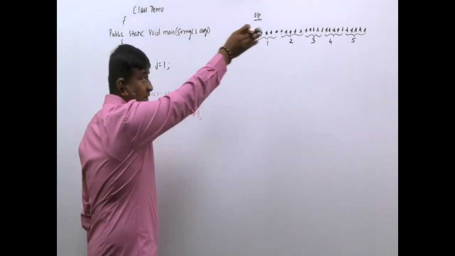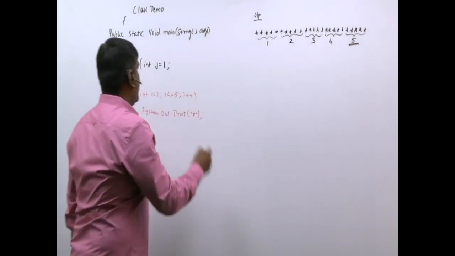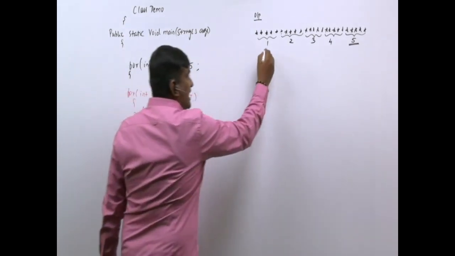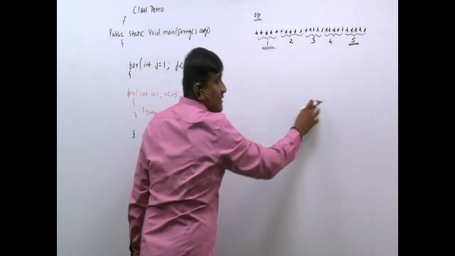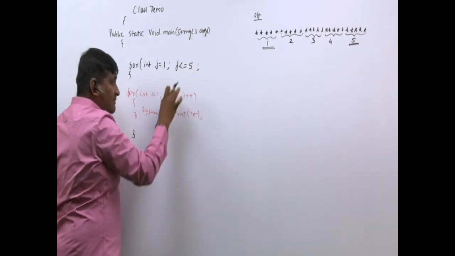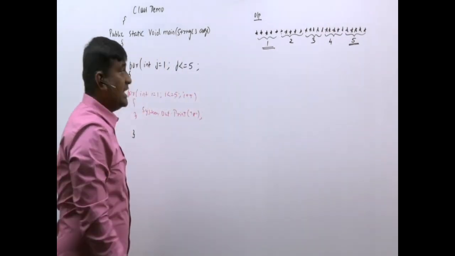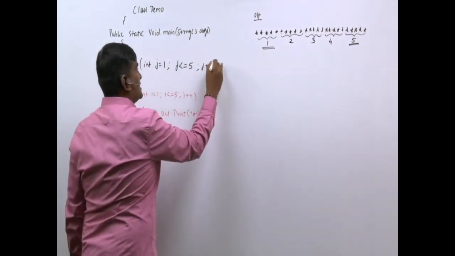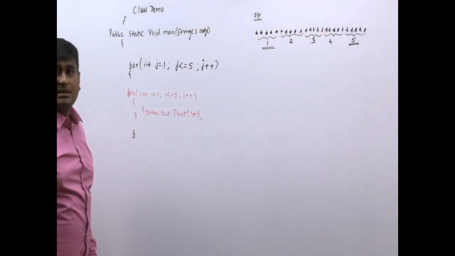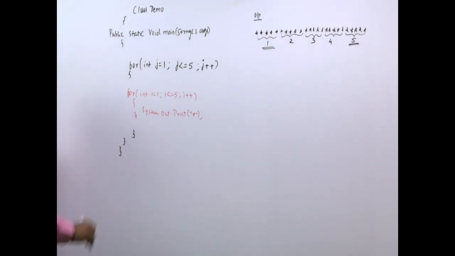Like that, how many 5 stars you should display? Like that, totally 5 times I should be displaying. So I will tell j less than or equal to 5. See here, j from 1 to what? 5. First 5 stars till 5th time 5 stars. And I will tell j plus plus. Means one by one you keep on displaying like that. And I will close this main method and I will just close the class.